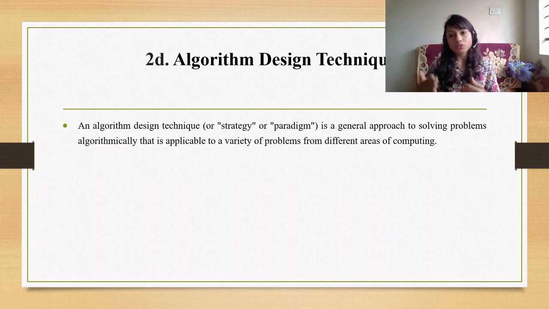Then going on solving the smallest part, we come to the entire solution. So instead of solving a problem as a whole, we divide it into small parts, then solve them, then combine them. That is nothing but the divide and conquer strategy. Like this we have different strategies: decrease and conquer, greedy technique, then brute force, that you will be studying in the coming videos.